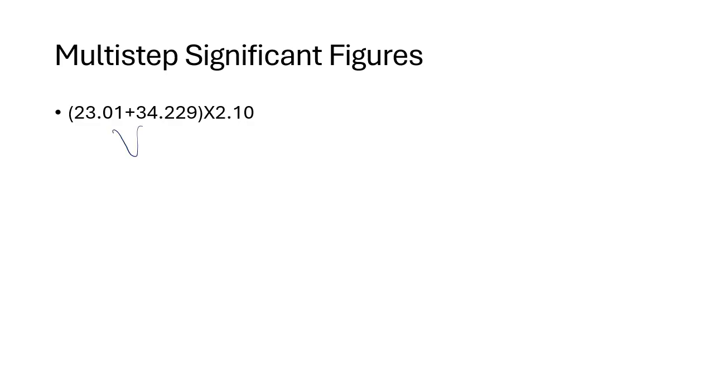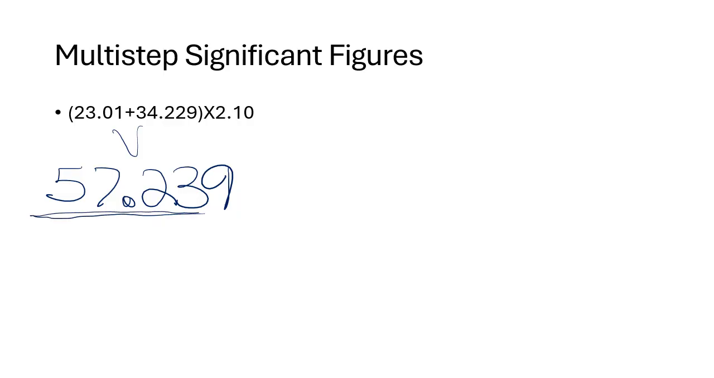So first I'm going to add what is in the parentheses. If I were to add those up, that is going to be 57.239. When you add numbers, you go with the least amount after the decimal. So, although my answer would be 57.24 at this point,